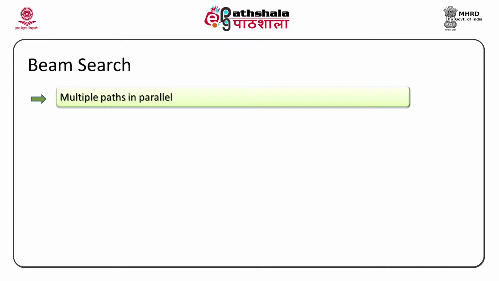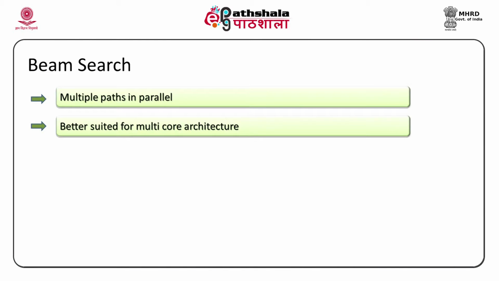Now, what is beam search? Beam search is about exploring multiple paths in parallel. Now, you may be surprised why you are doing that. Okay. For example, I am using a depth first search, I am exploring one branch and I may also be exploring one more branch. Now, why is that better? That is better because the current architecture has multi-core, called multi-core architecture, where you have computers with multiple CPUs in real sense. So, it is good that you explore multiple nodes. Not only that, this is also useful for exploring in real time. I will talk about that soon, what I mean.